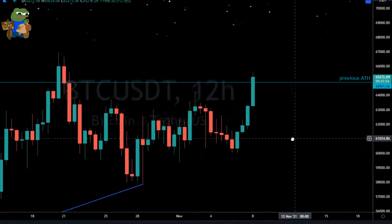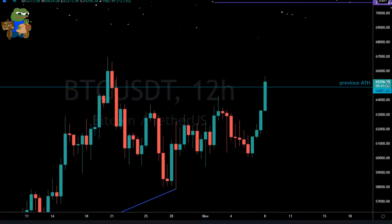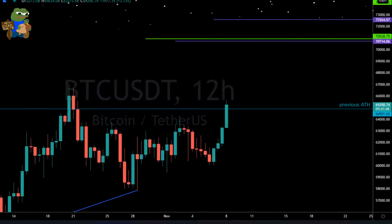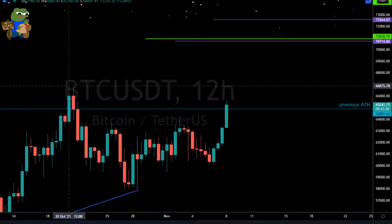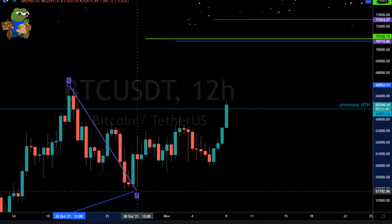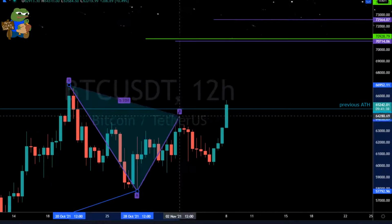But that being said, either way, we're in for much higher prices here. So sitting pretty comfortable in a long. So we could weather a little bit of a partial decline, right? But harmonically,